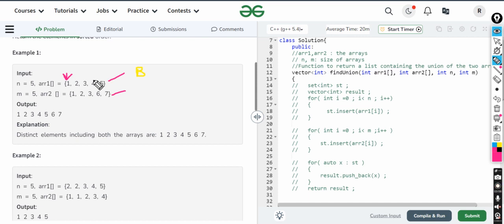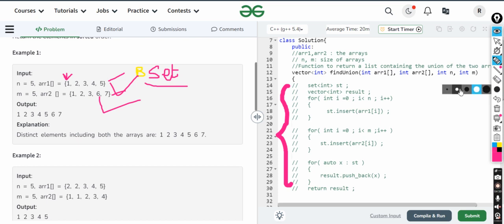Now starting from the better approach, I have told you what it is: a set. A set is a collection of data which occurs only once in the set. Similar logic is there. We have to only take the unique elements. So what we'll do, we'll just take this array and put it in the set. We'll just take this array and put it in the set. We'll automatically get the resultant array. So I have written here, this is a better approach.